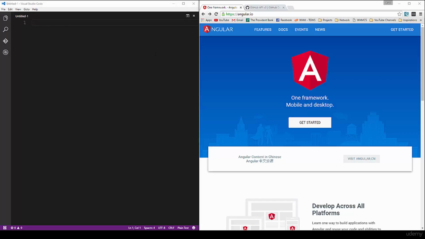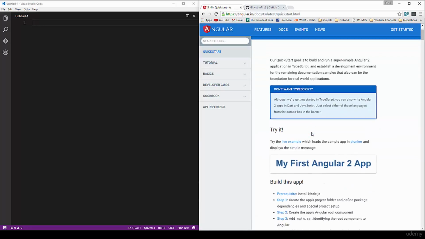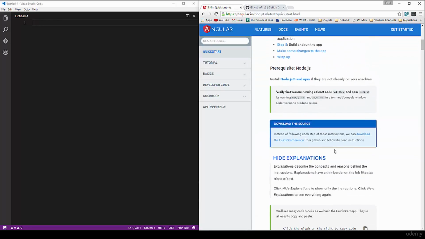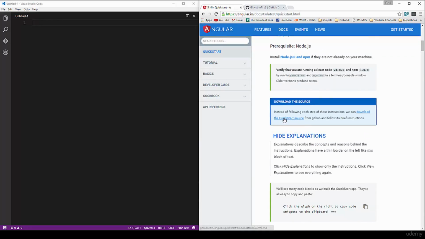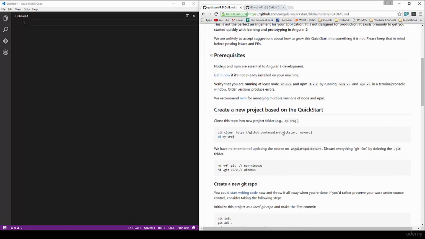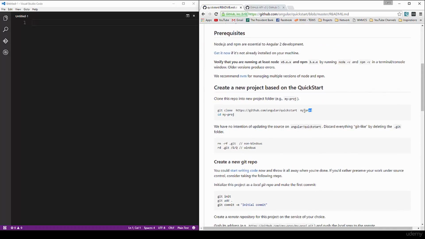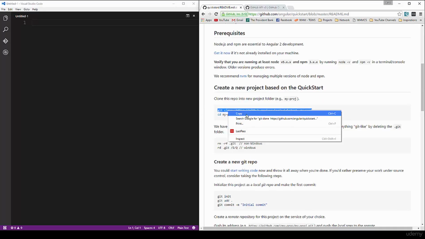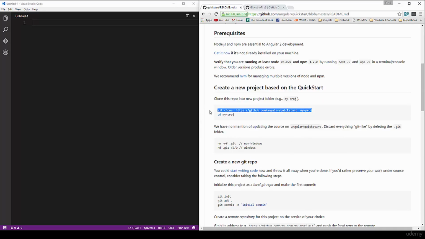install it. Alright, so what we're going to do to get started is go to angular.io and click on the Get Started button and go down to where the link for the QuickStart is, and we're going to click on that. That'll take us to the GitHub page, and what we're going to do is just clone this whole package. So let's copy this git clone command, and then what we'll do is open up, let's see,